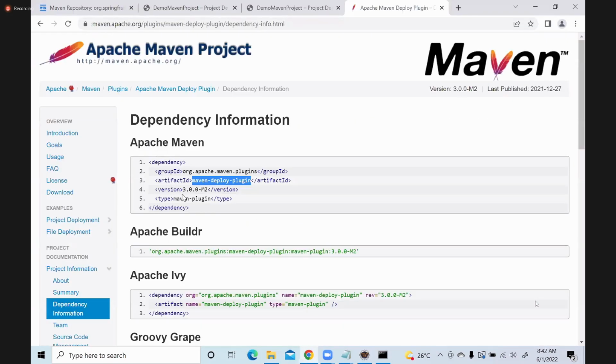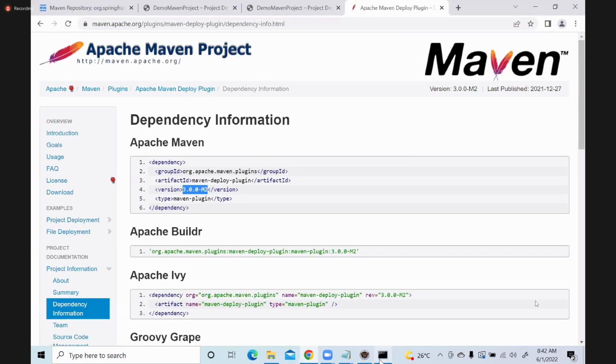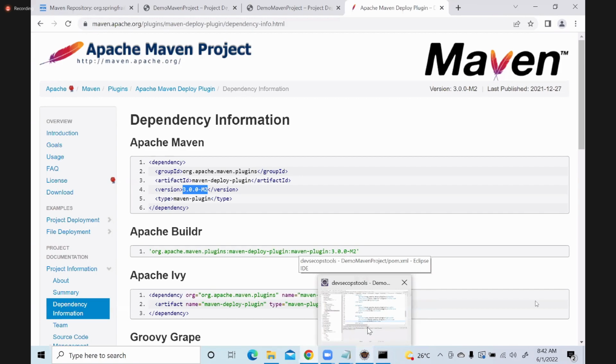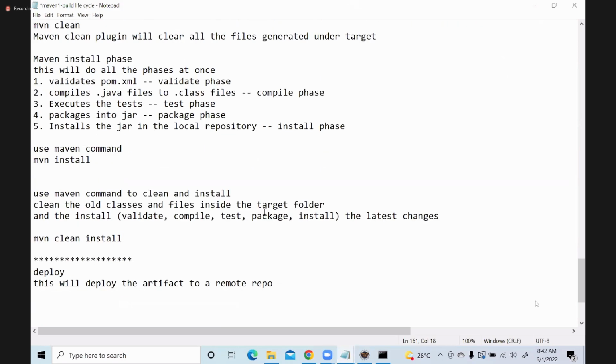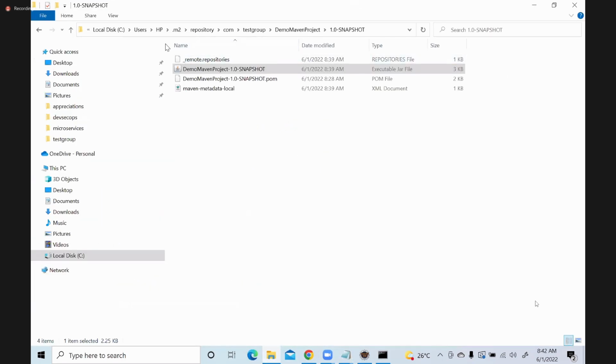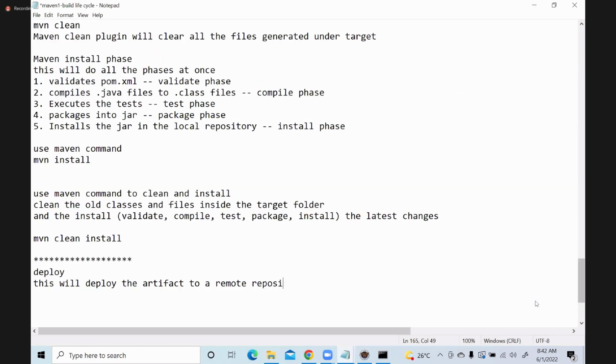So this is your deploy plugin. Now, the only thing is we have to specify the address of the repository. By default it will go to this path. In users, the user ID .m2 repository, it will install. But whenever you want to deploy the artifact to a remote repository, artifact means the jar or war or the file,